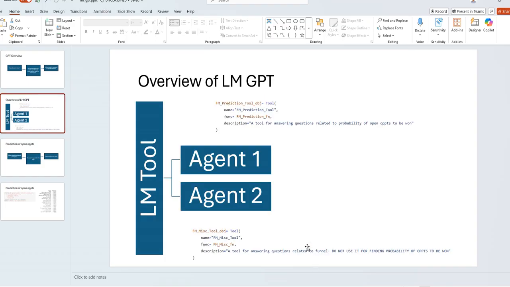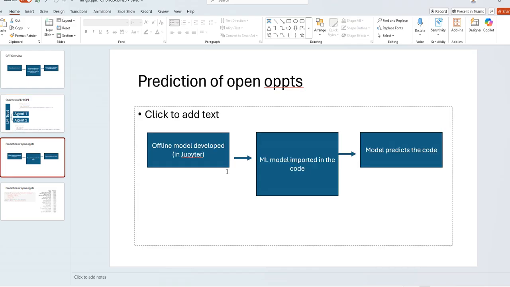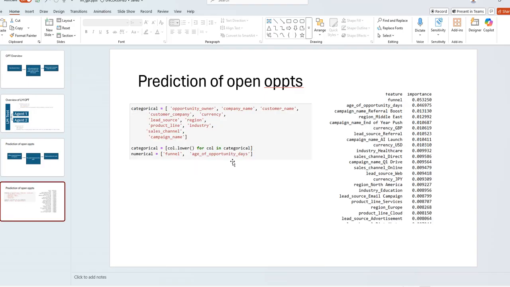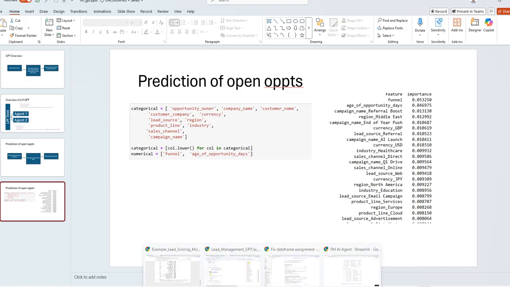So over here, I showed you two functionalities. One was related to the prediction of open opportunities, and the second one was anything apart from that. I also took you through how can you develop the model offline, right, and then integrate it into your system for writing code, and took you through the nuances of which are the columns which I took, and what is the feature significance of that. One question which might arise in your mind is which is the LLM which I'm using,